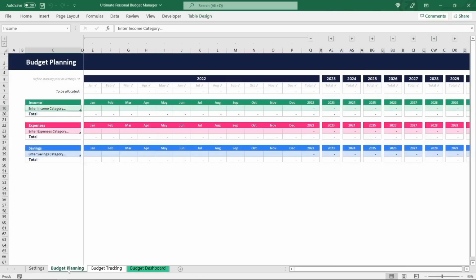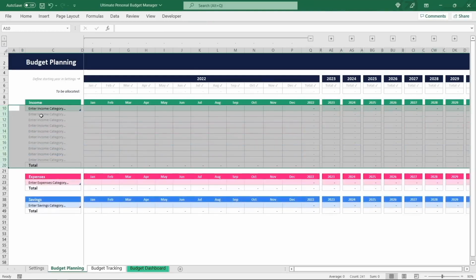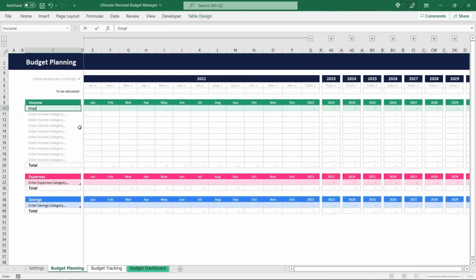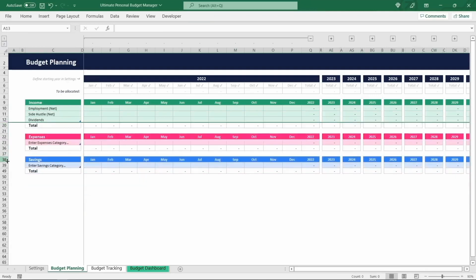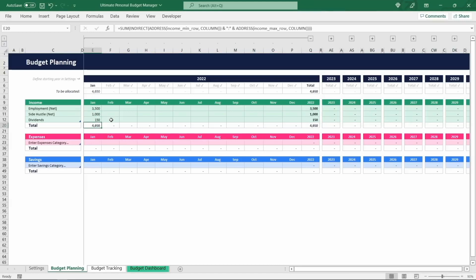With the template being fully empty at the beginning, the first thing to start with is defining custom categories in the income, expenses, and savings section. To add a new custom category in any of these sections, you can simply unhide these prepared empty rows, define a category, and it automatically gets added to this table and will now be considered in all further calculations and worksheets. Every additional dollar in income that you plan for a month will increase the amount to be allocated in that